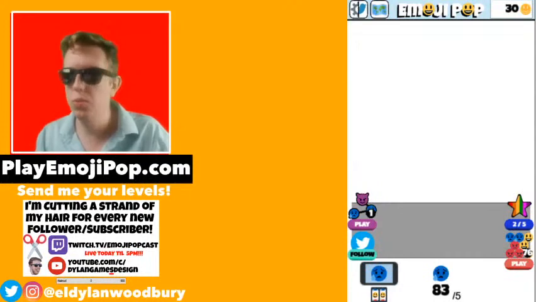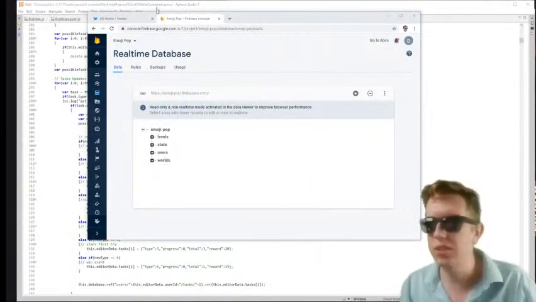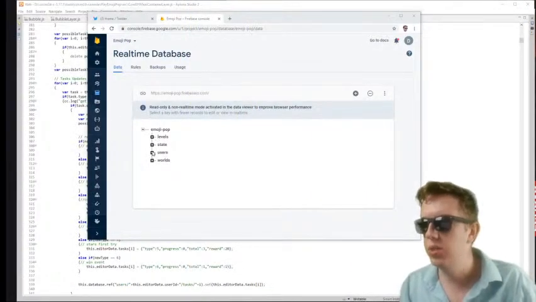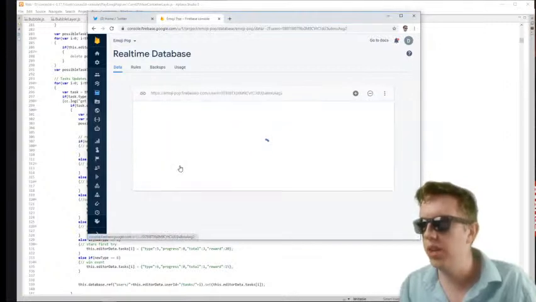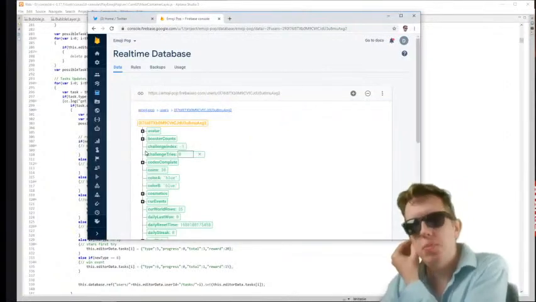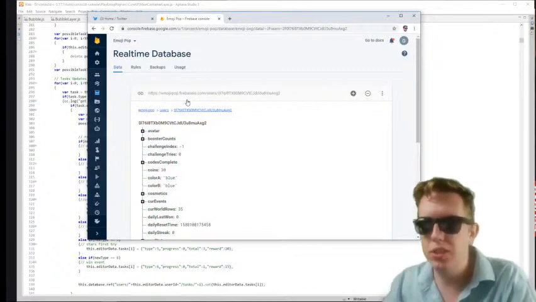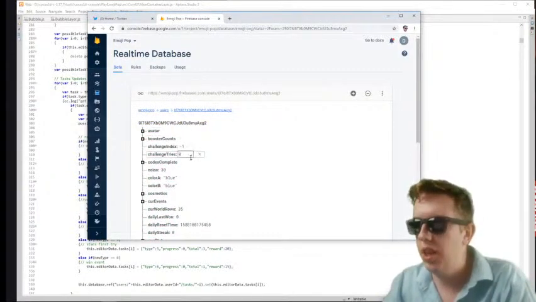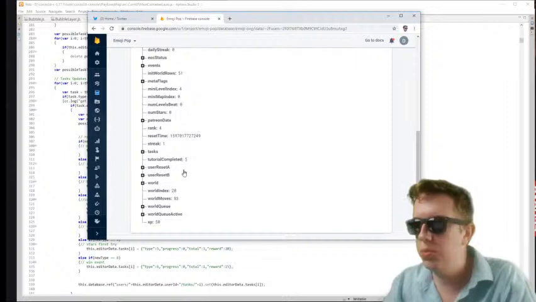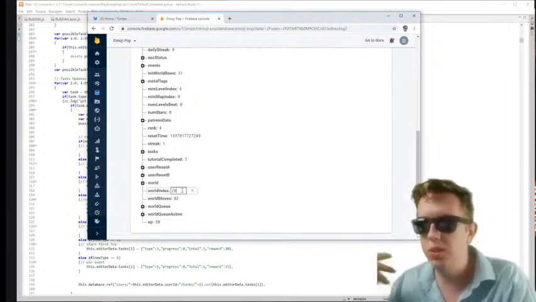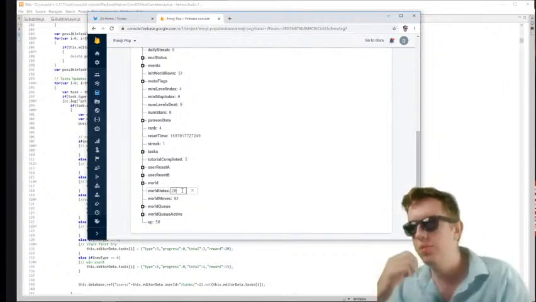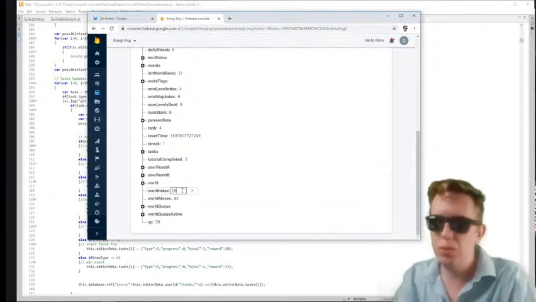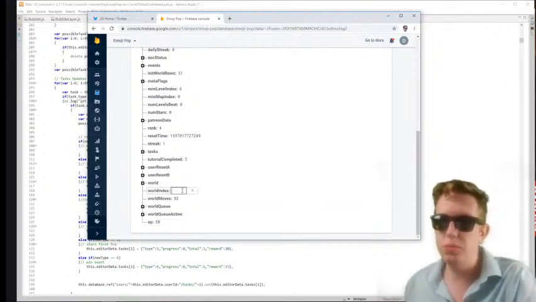I forgot. Before I show you the game, I need to do this database thing. So I'm going to go to my account. This is my database entry for my user. The problem is I'm at world index 20. I did that because I wanted to have all the unlocked emojis in the game. I'm releasing one new emoji world per week on Monday, so I need to change my world index. That tells me what world I'm on in the game.